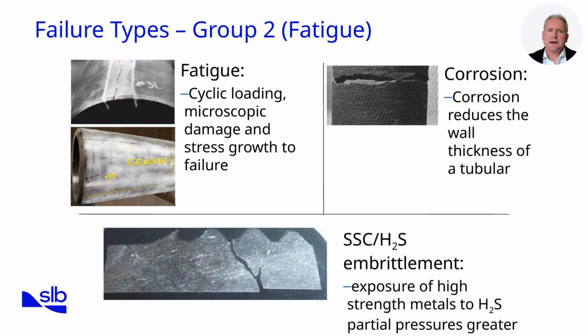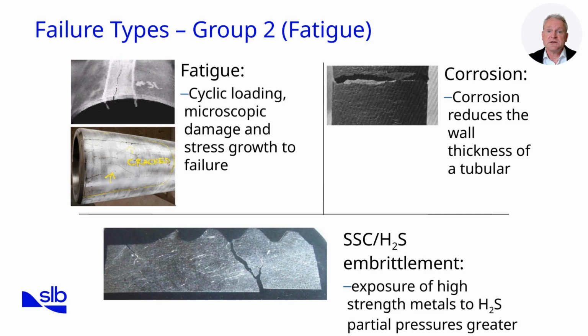The result is a high cycle fatigue environment that can break pipe even when loads remain well below the steel's yield strength. Beach marks and ratchet lines on failed pipe surfaces are classic indicators of fatigue. Regular non-destructive inspections, such as magnetic particle testing or ultrasonic testing, can identify early signs of fatigue before catastrophic failure occurs. Ultimately, fatigue management is about controlling cumulative damage over the life of the pipe, which requires both good design